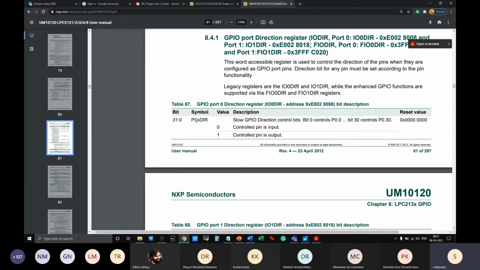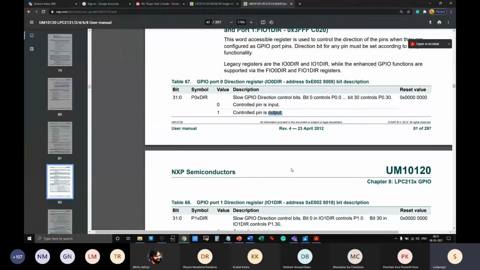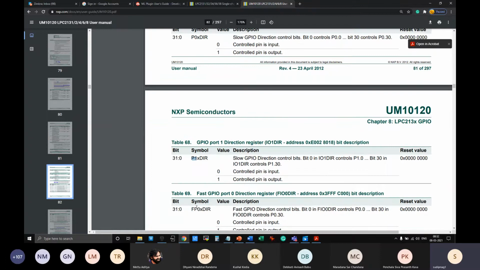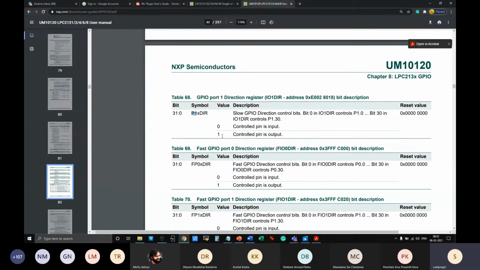Those compilers, or rather integrated development environments, read the value of this port this way: port 0, then you write the number for the particular pin, and then DIR, that means port 0 direction. If you configure that as 0, it will be controlled as input. So direction for a given pin, if it is 0, it is input, and if it is 1, it is output. Here 0x represents the particular pin number in that port, and 0 or 1 indicates the main port number. Same for port 1 as well.